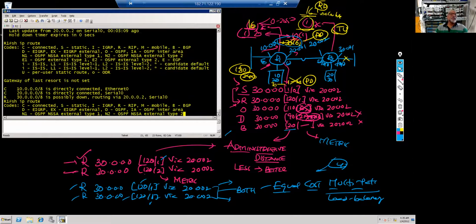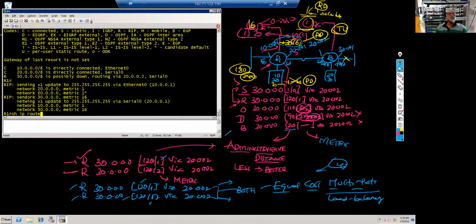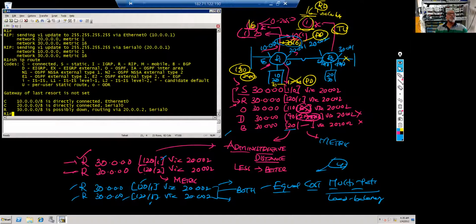Right? Now it says garbage collecting entry. Once the time is over, it says garbage collecting entry for 30 network. 30 is garbage details.